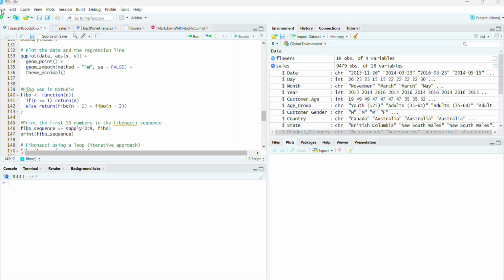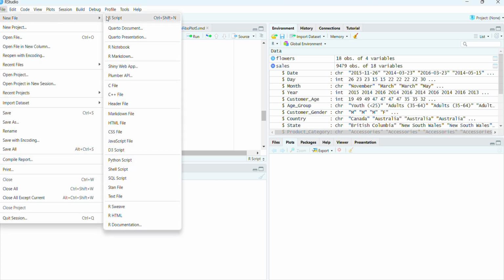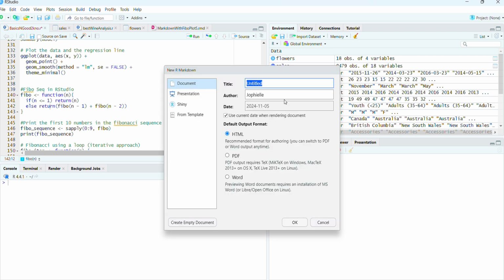Okay, the first thing you got to do is to go by tab file. You go by tab file and you want to create a new file, and actually you should take the R script, but because it's a Markdown, we are going to take the R Markdown. This is what we want. So once you're here, you have to give the title to your doc. I'm going to read the definition of a Markdown after, because it's going to be standing on our final